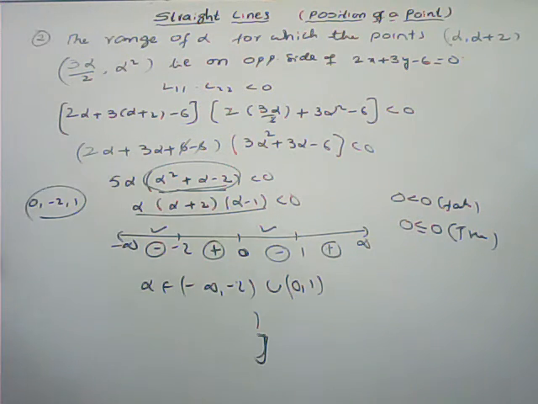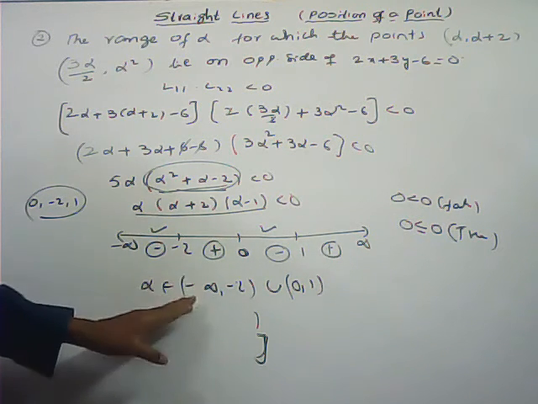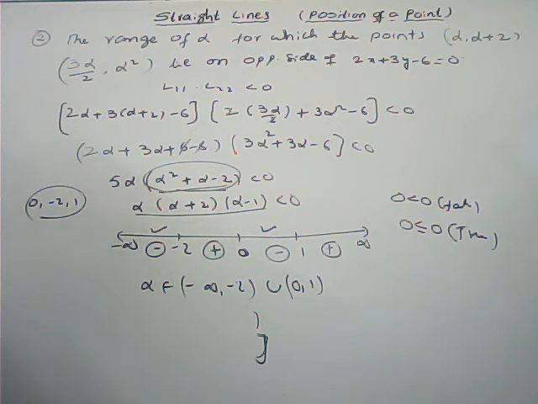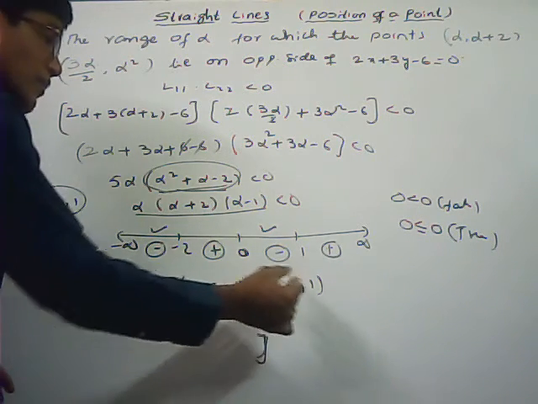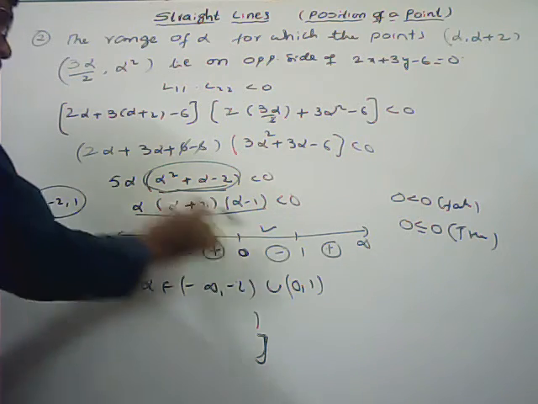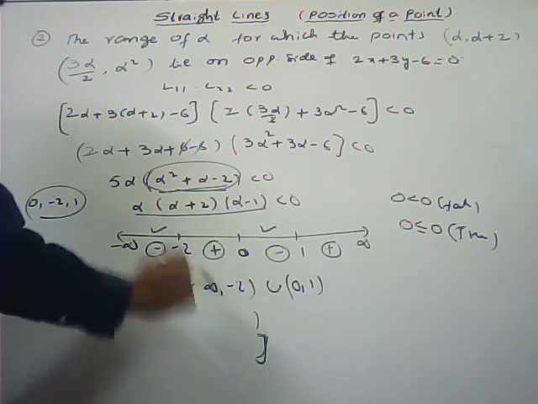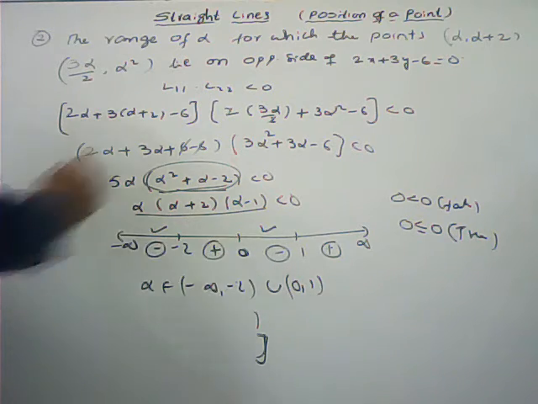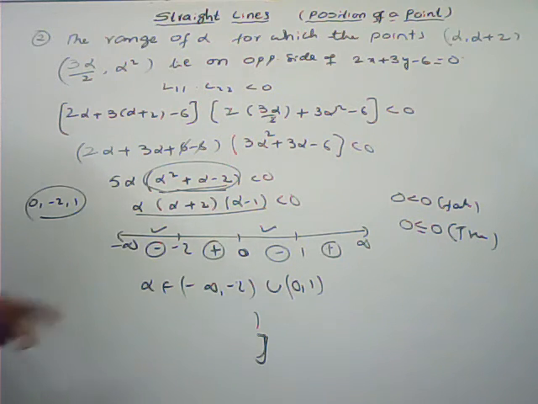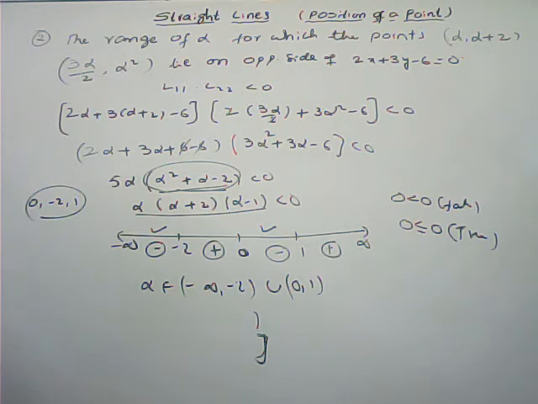So for the boundaries, here only one confusion is there. For minus infinity and plus infinity, always you can keep open brackets only. In the other boundaries, what to keep, open brackets or closed brackets? Simply you can substitute in that inequality. If you get a true statement, that is a closed bracket. If you get a false statement, you can put an open bracket. So for these values of alpha, both the points lie on opposite sides of the given line.